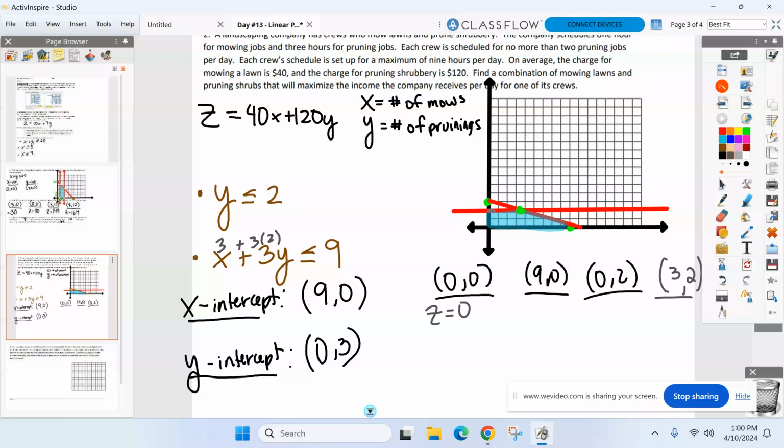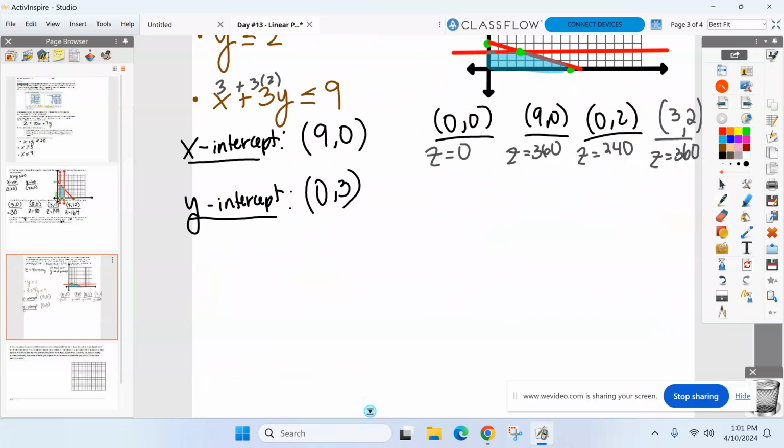At (9, 0), you make $360. At (0, 2), you make $240. And at (3, 2), you also make $360. All right, sorry I don't have any fill in the blanks, but you are going to have to write a little statement at the bottom for me. And we only care about maxes here with these problems. I don't care about minimums here. Max amount of $360